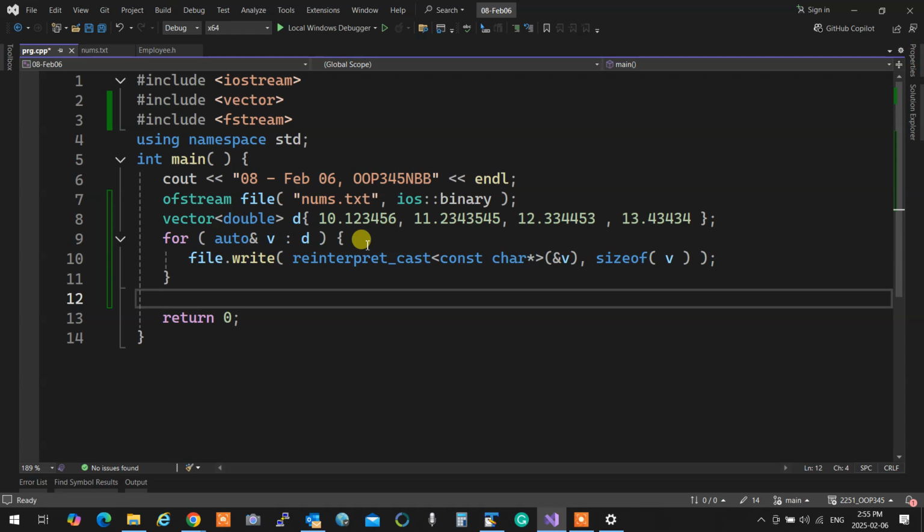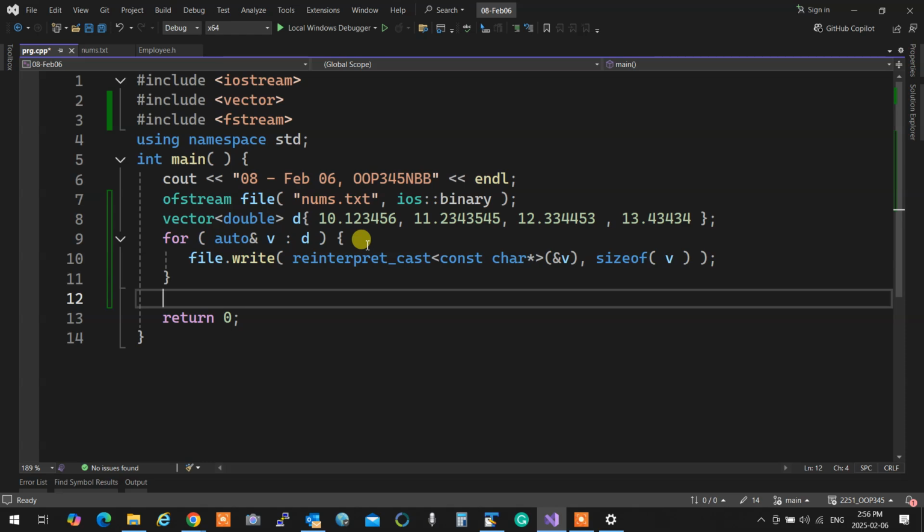Take a look. In here, I was saying, when they wrote the read and write, for some reason, they are passing character address, which means, because character is essentially a byte, they want to have an emphasis that it writes byte by byte. So I'm going to say go to the address of the beginning of V, whatever it is, which in this case is the element of that vector, which is a double, and write from the beginning of that address to the size of V, which is a double. And write everything in a file.